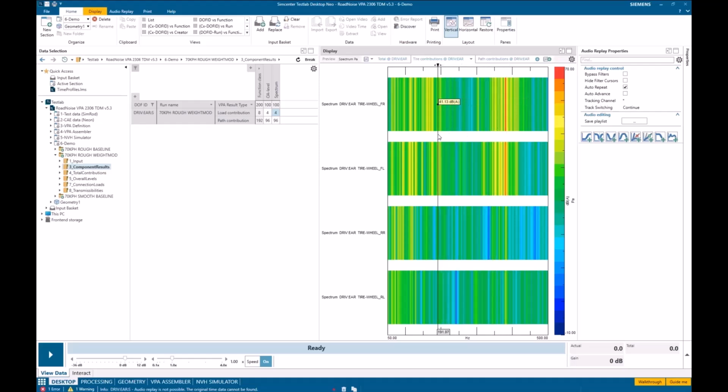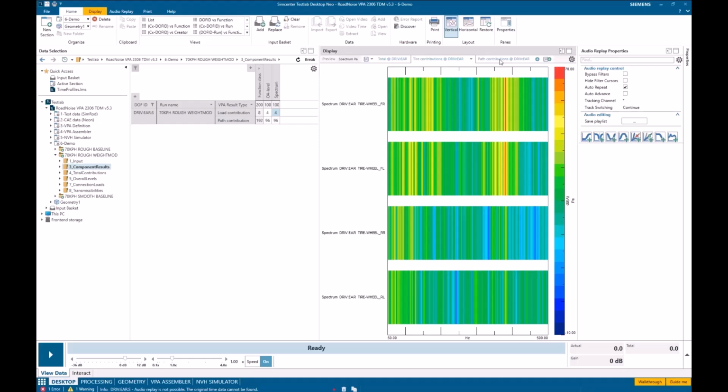So we can see right off the bat, without doing anything but loading our 4 loads, that the front tires are responsible for that tone. This makes sense, right? Because in our assembly, only the front tires are connected in any way to that subframe. The rear aren't being weight modified because they're not connected to that subframe in the front.